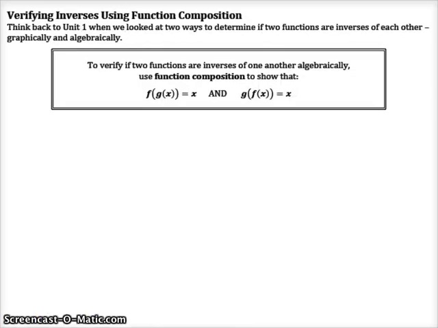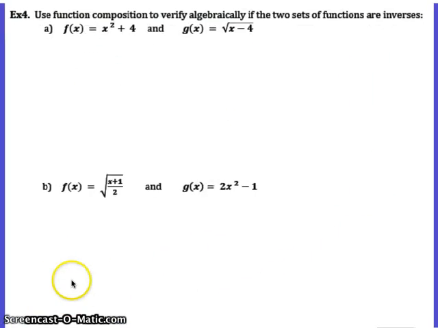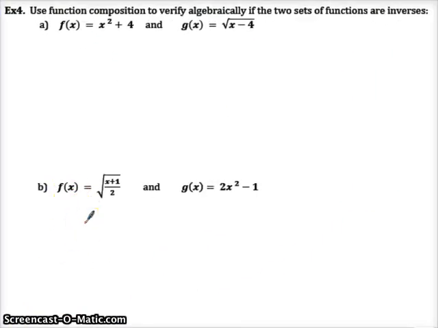Okay, and just as before, they have this verifying inverses by checking the composition way. You can compose: f of g of x should be x, and g of f of x should be x as well. So let's do this with quadratics. It's slightly weird because of the restricted domain. Okay, so f of g of x in this case is like saying f of